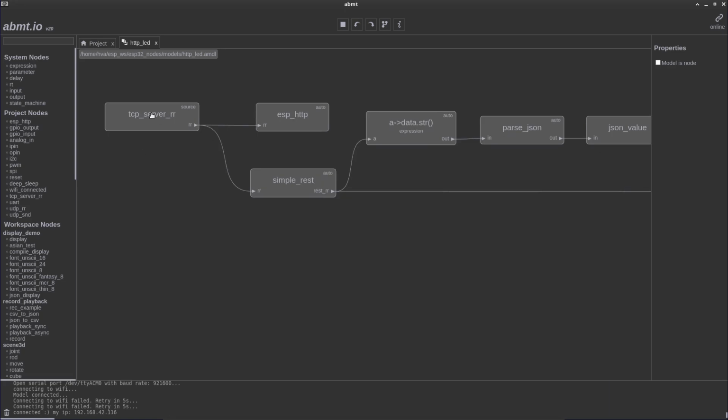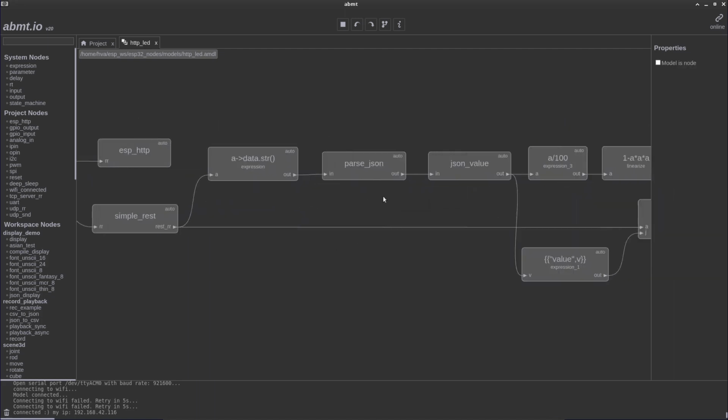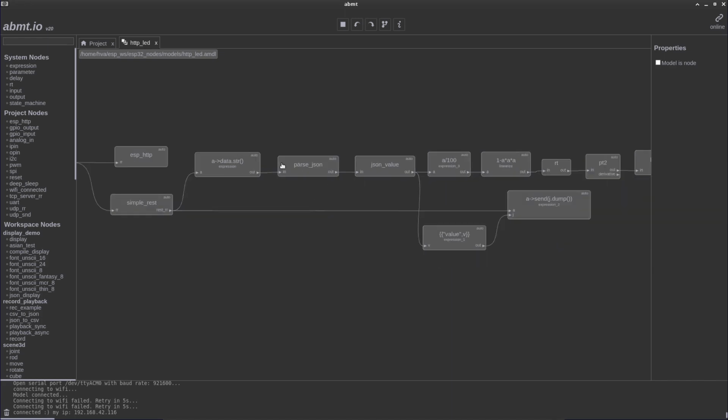We have a TCP server here. We have an ESP HTTP server running on this server. So here we have it running on port 80, and we have a simple REST node for the REST data. So what we can do here is change our LED value via a REST protocol, and here is the data pipeline for